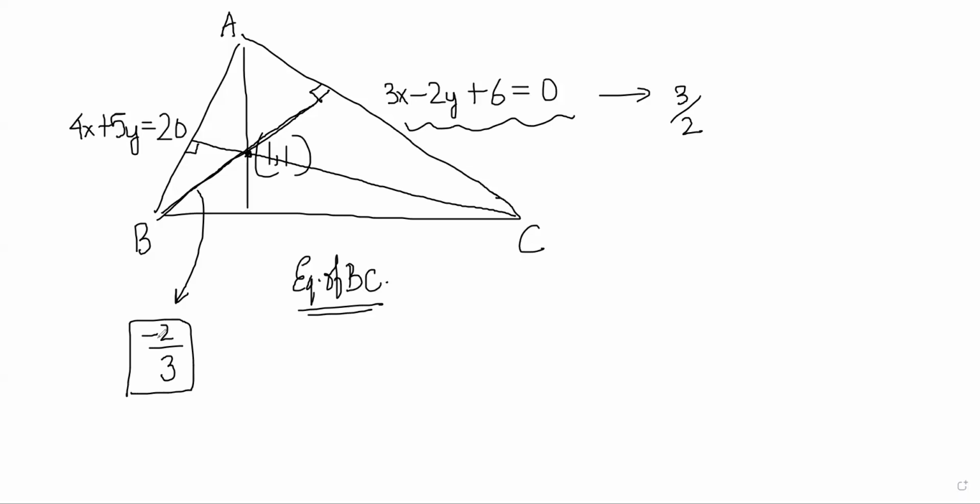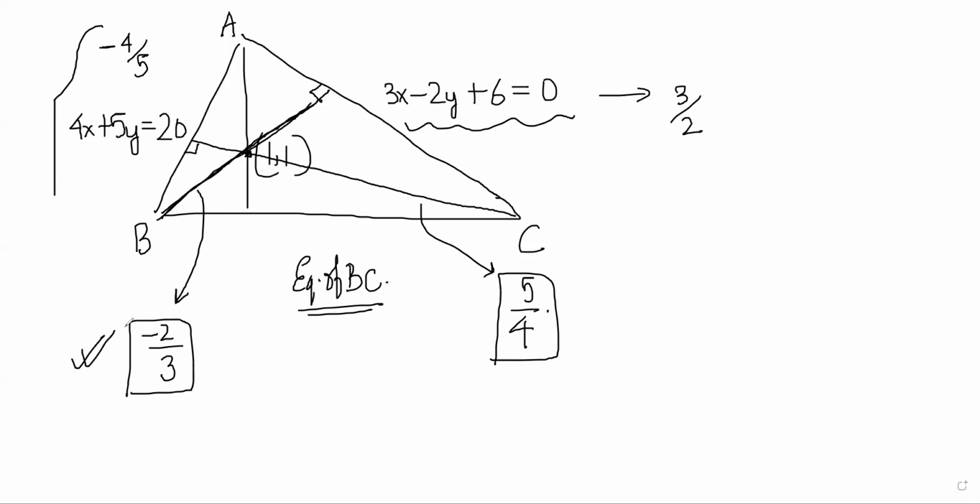And similarly, I know the slope of this line. The slope of this line is minus 4 by 5. So the slope of the altitude from C should be 5 by 4, correct? So if I know the slope of this altitude, I can actually write the equation of the line because